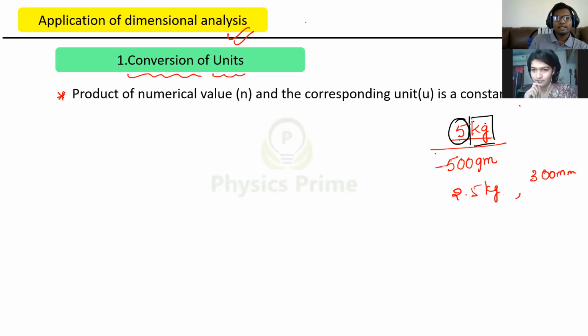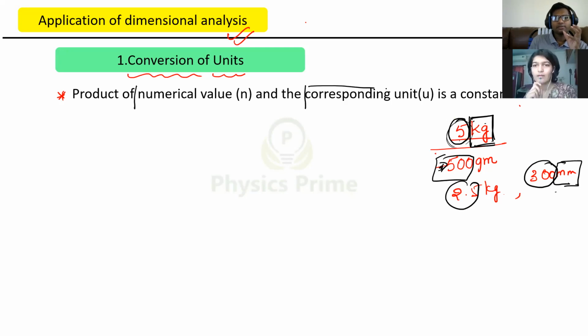So 5 kg means kg is the basic unit, fundamental unit. So kg is the name of the unit for mass in some particular system, MKS or SI system. So 5 kg means whatever mass you have is 5 times the basic mass, which is measured in kgs. Like the 500 grams, like the 2.5 kg, 300 millimeters. Suppose millimeter is a unit, 300 is the number of times of that unit. So always we measure the quantity as a numerical value times the corresponding unit, right? Yes, sir.